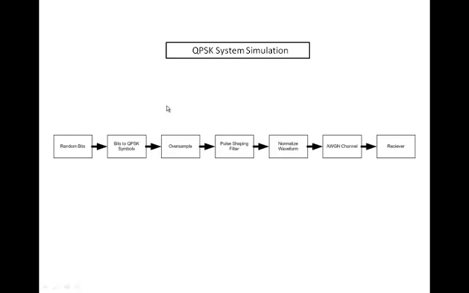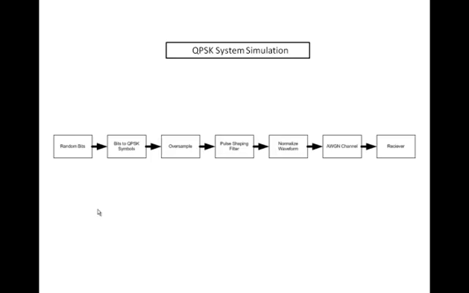You generate bits. You can do it one of two ways. You can read in a file, or you can use a PN pseudorandom number generator in MATLAB. Once you generate bits, you take 2 bits at a time to form a QPSK symbol. Once you form a QPSK symbol,